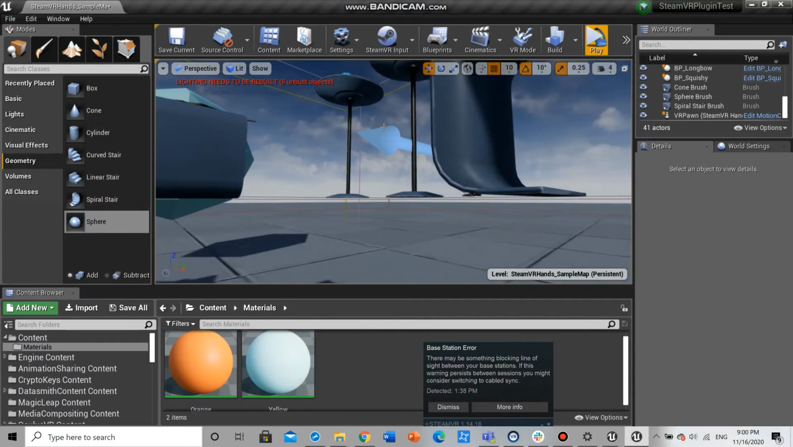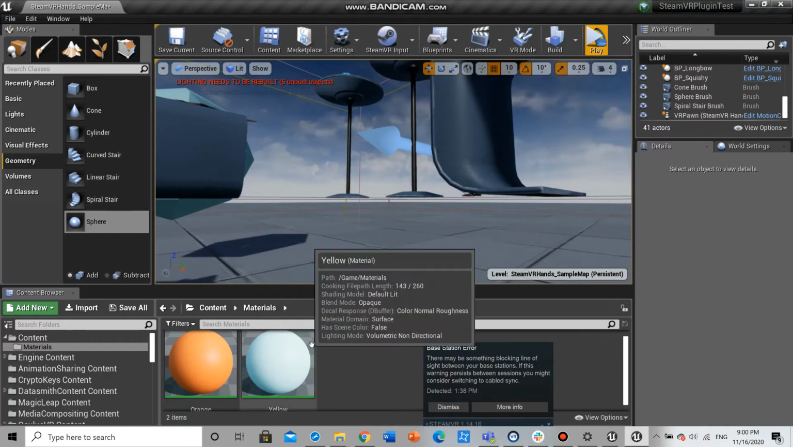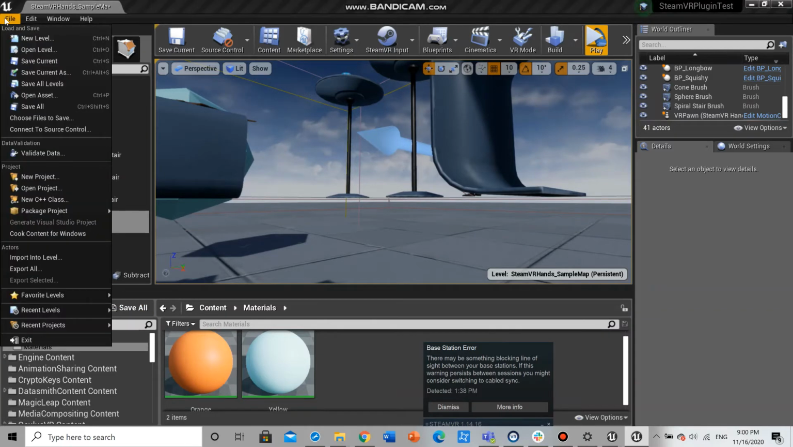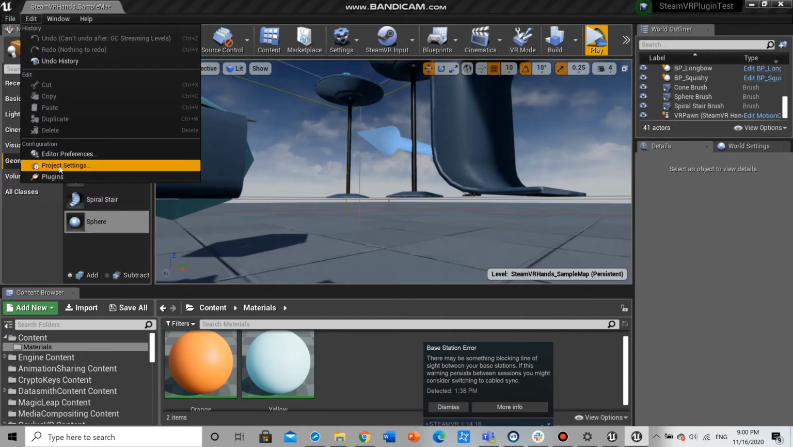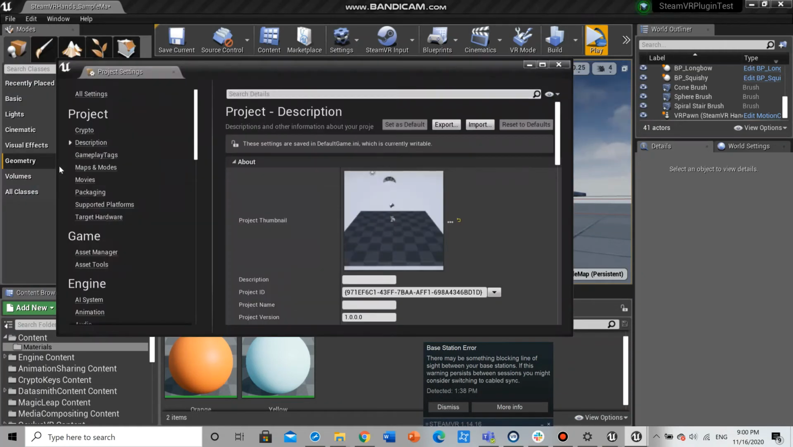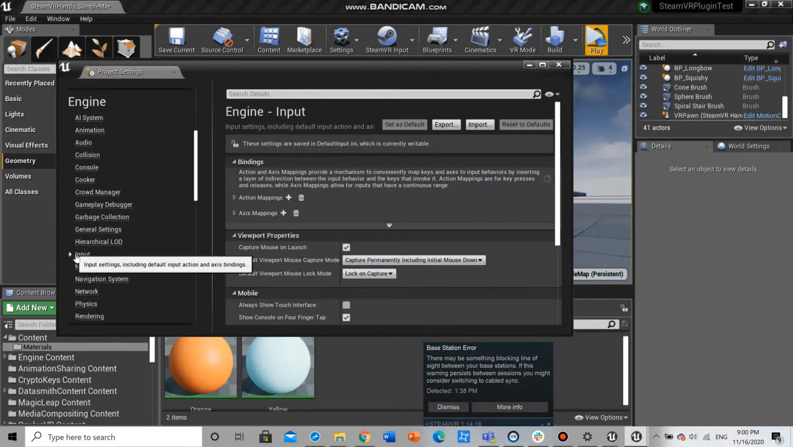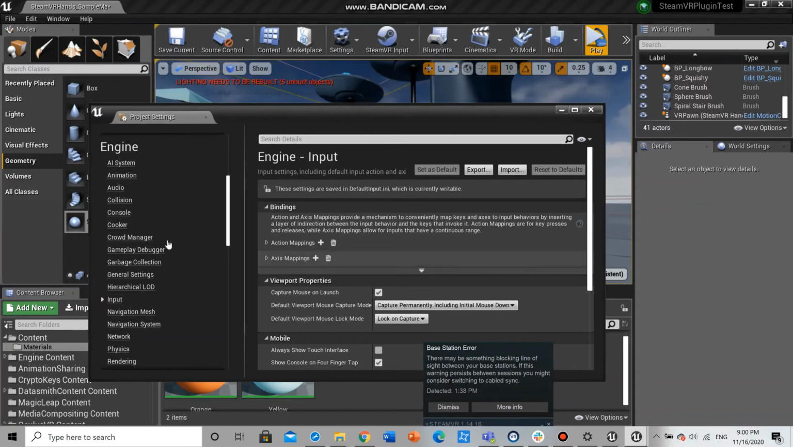One thing that I want to mention is about binding. I'm not sure if I showed you, I just missed recording this part, so again, I'm going to show you in case I missed it. So here, if you go to Edit, Project Settings, and then Input. At the beginning, action mappings should be empty, but right now, since I